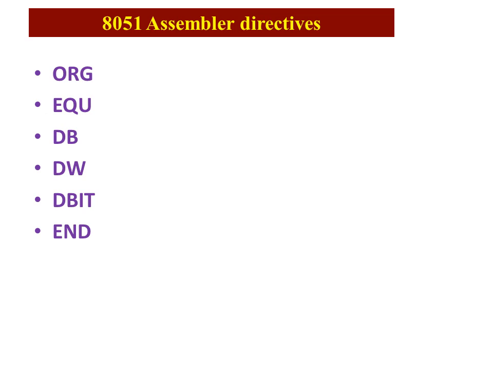Next, DBIT: there is a bit allocation, that is DBIT, define a bit. It defines a bit constant which is stored in the bit-addressable section of the memory. Same like DB and DW: DB is byte, DW is word, but if you want to specify a bit, use DBIT. Next, finally, END is the last statement for the source file you are writing in the program. END is also a directive used for ending your program.